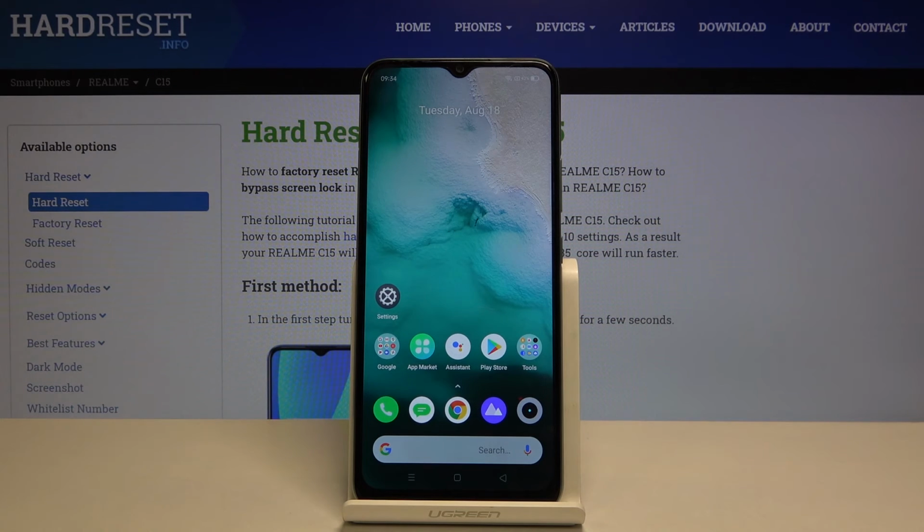So that's all. This is how you enable Talkback in your REALME C15,